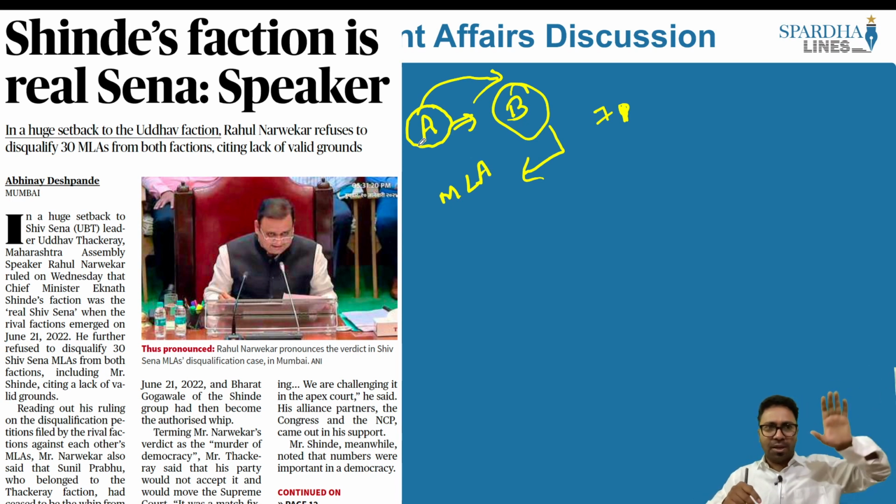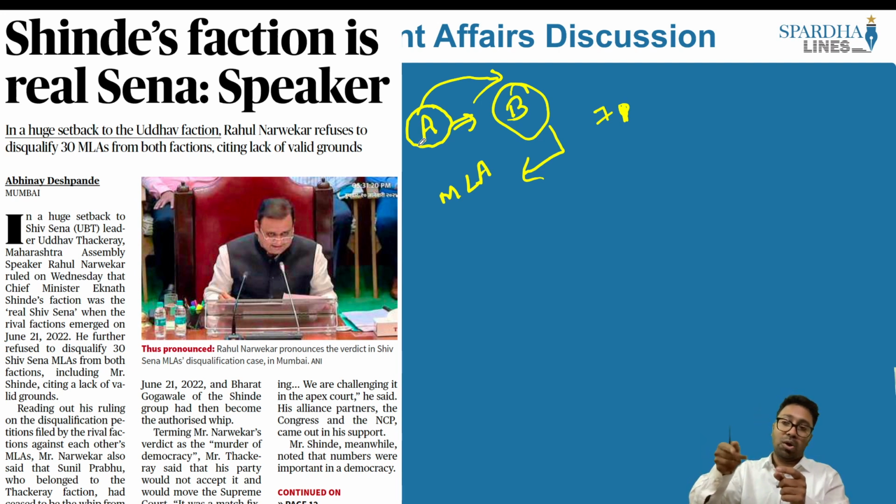We did understand the speaker's powers, we did understand what the anti-defection law is. In all likelihood, this order made by the speaker, this opinion given by the speaker, will also be questioned before the Supreme Court of India, and this happens to be one of the rare landmark precedents that we will see in the Supreme Court of India. We will have to wait and watch how the Supreme Court will look into this entire saga, and if at all it goes to the Supreme Court and the Supreme Court does decide, we will take it up elaborately, because this happens to be one of the landmark matters when it comes to the anti-defection law.